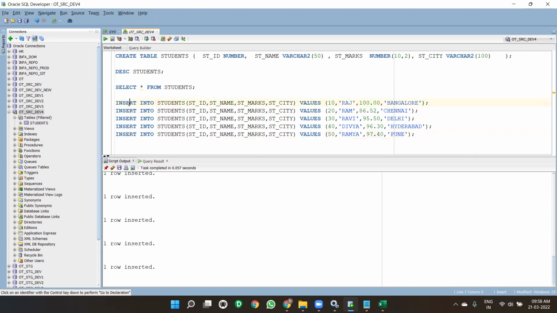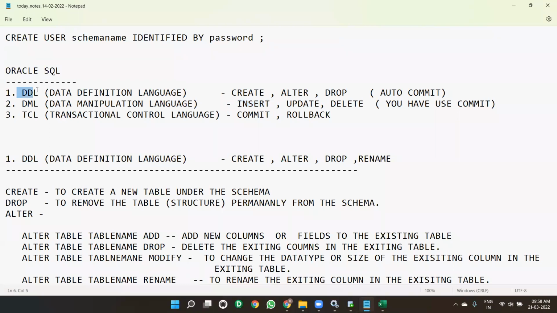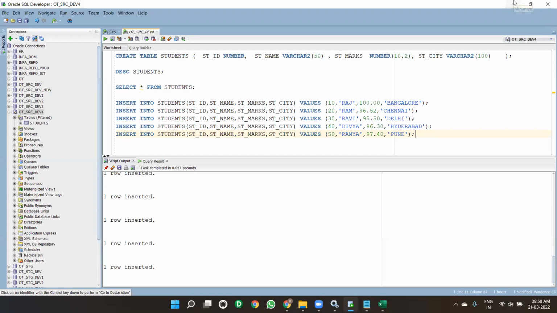So now insert into is done. After you are using a DML statement, insert is a DML statement. Create is a DDL statement. Create is a DDL statement. Insert is a DML statement. Once you use the DML statement,